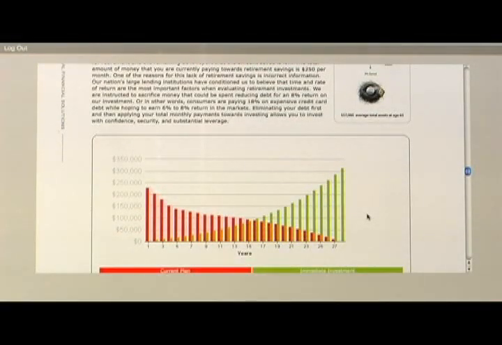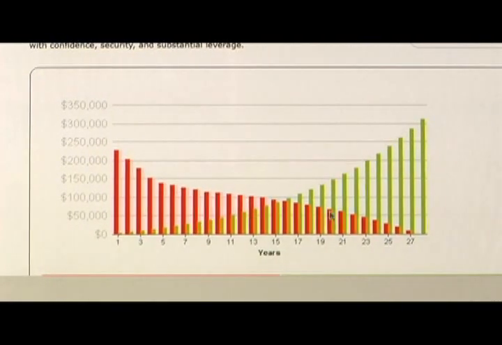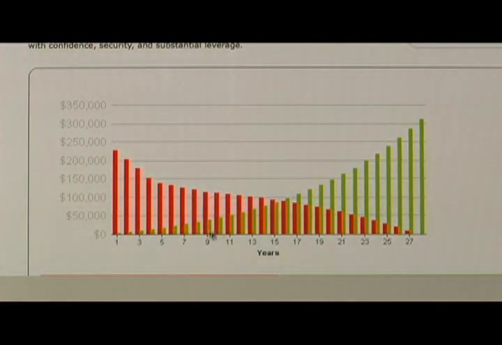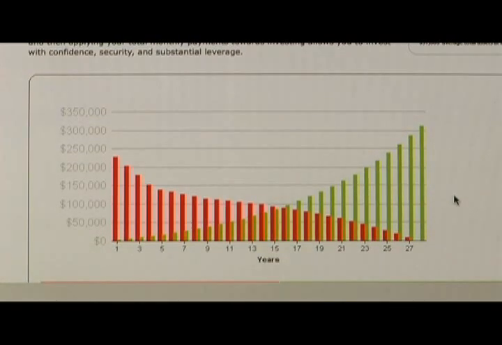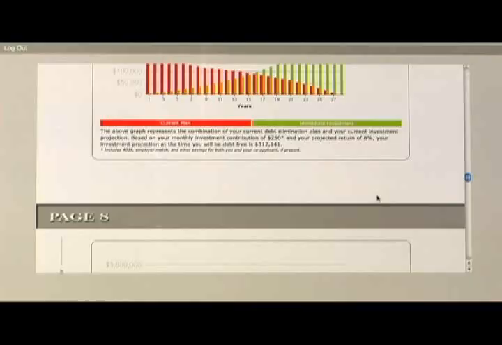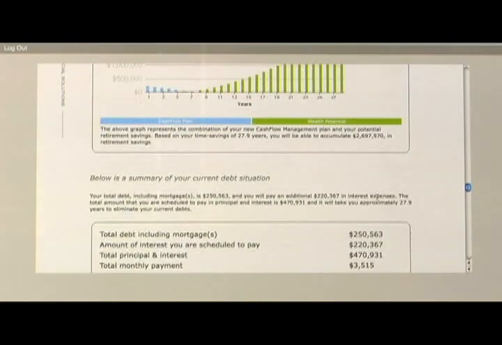And if you look at this graph here, you can see that the red graph is showing them how their debts are going to pay off over the 27.9 years. And the green bar is showing what kind of financial retirement plan they'll have in place at the end of that period of time. Page 8 gives another graph here showing some additional statistics, which we can go over at